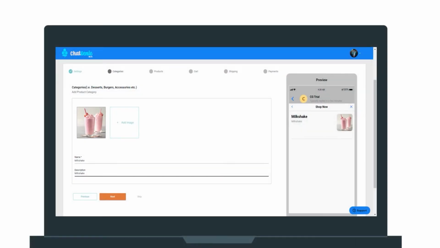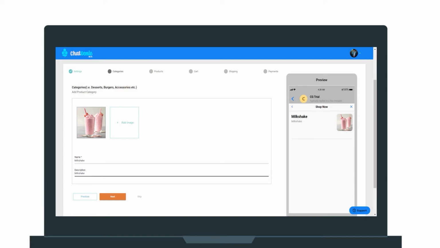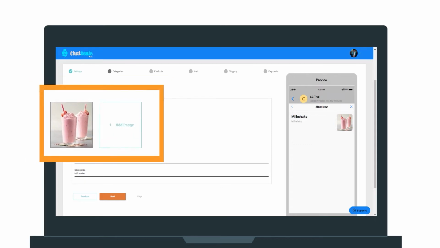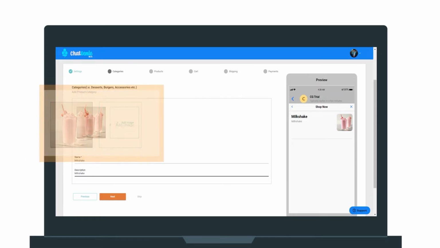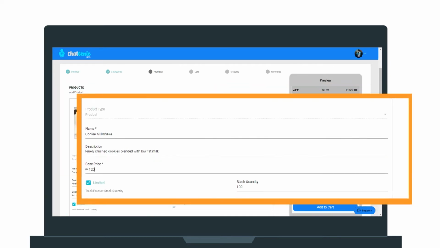Once connected, customize your online store's categories first by uploading photos and adding descriptions. You can add your products right after. Square type photos are ideal to fit the thumbnail. Under categories, you can also add details to your products. Use this feature to adjust the base price, specify if items are limited, and edit product variants for size, color,